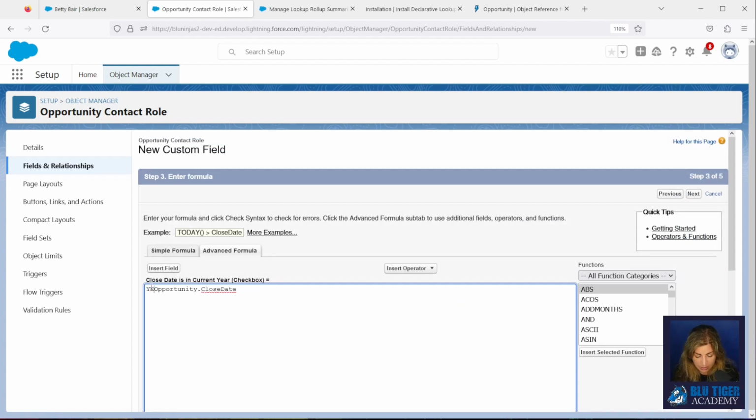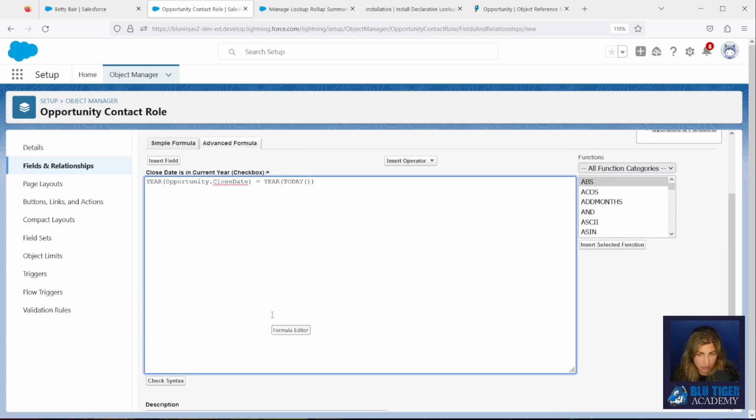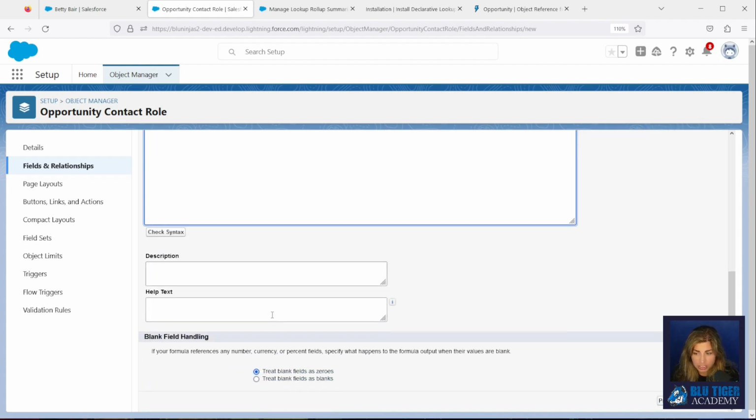Now I want to get the year of the close date, so I'm going to use the year function, and I want to compare that against the year of today's date. If these two are equal, it's going to return true, and the checkbox will be checked. I'll click next here.